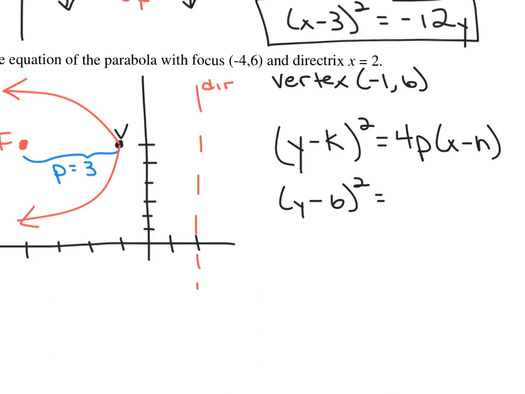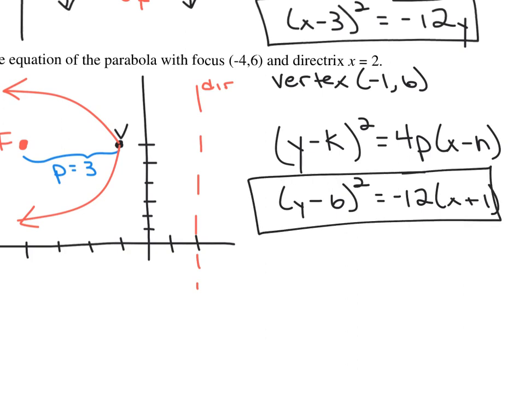And remember, the p value right here, that's the distance the vertex is from the focus, or the directrix. It does open to the left, so this one is negative. And then that becomes x plus 1, because it'll be minus and -1. Again, it's negative because it opens to the left. I got the 12 from doing the 4 times whatever the p-value is, which